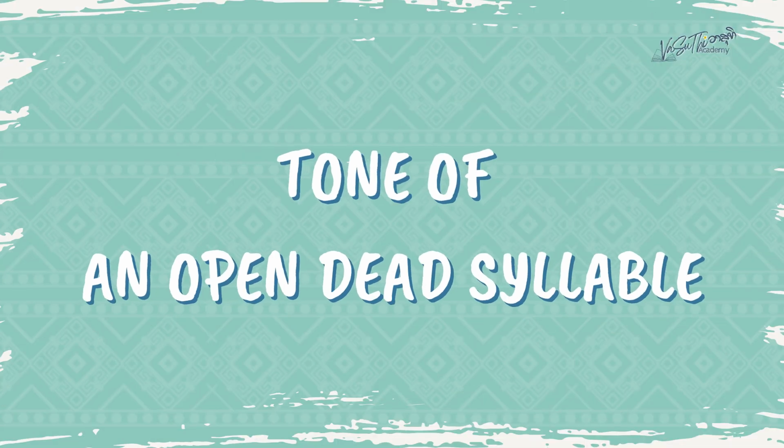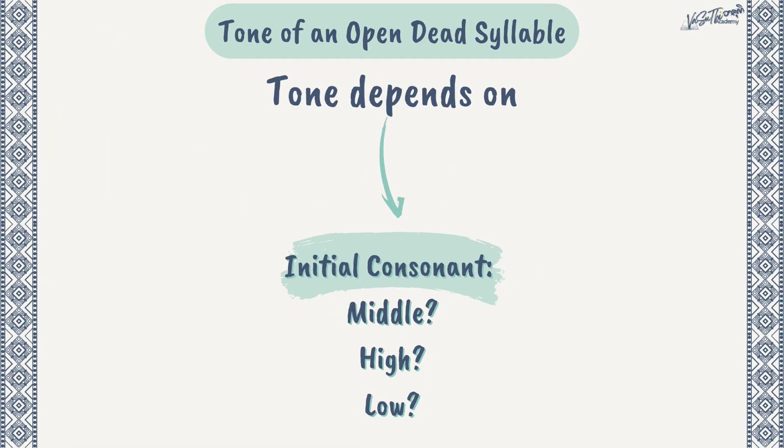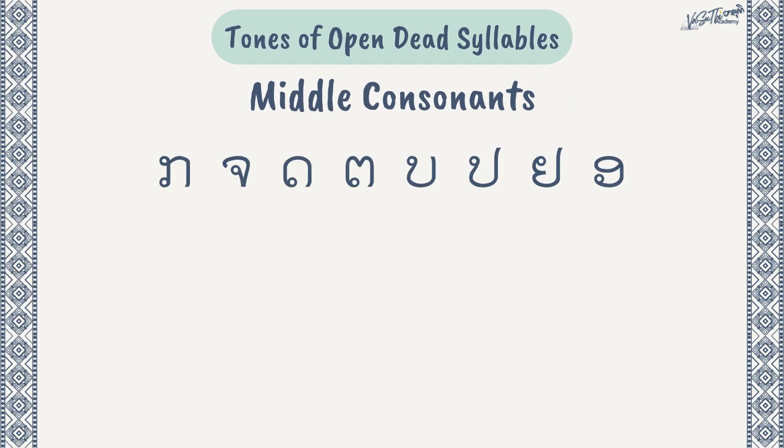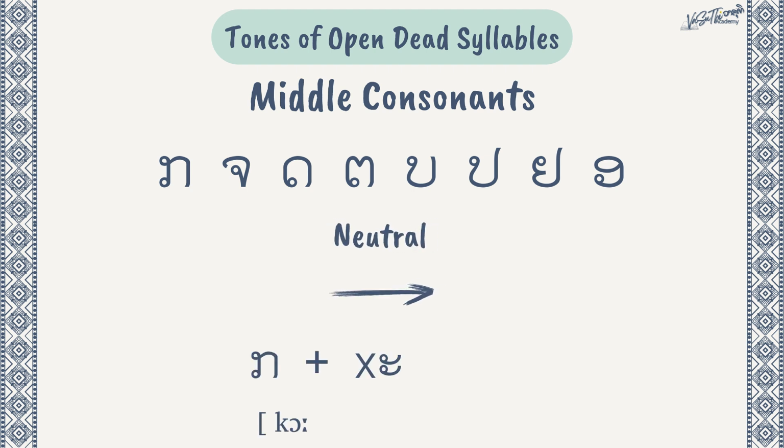The tone of an open dead syllable. The tone of an open dead syllable varies depending on the group to which the initial consonant belongs. If the initial consonant belongs to the group of middle consonants, the tone of the syllable is neutral. กออะกะกะ